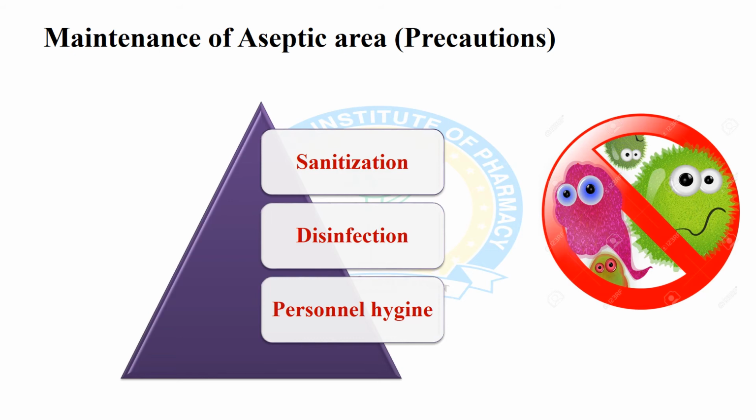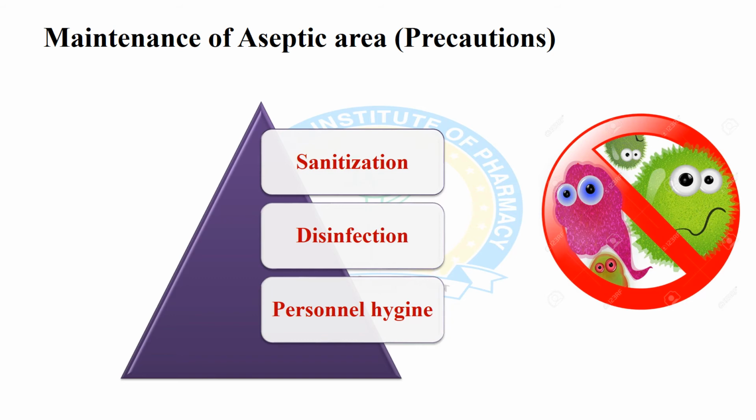If we are talking about sanitization, since it is not possible to sterilize every item, equipment or material going to the aseptic area or aseptic room, it becomes more important to control the area of the aseptic room by undertaking the process of proper sanitization. Sanitization of only the machine surface is not enough, but that of the surfaces of the aseptic rooms is also of equal importance, that is walls, floors and ceilings, etc.